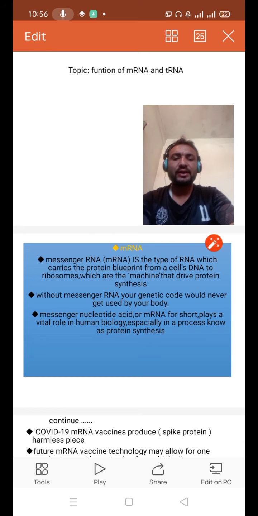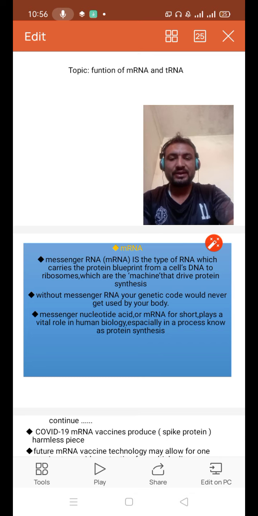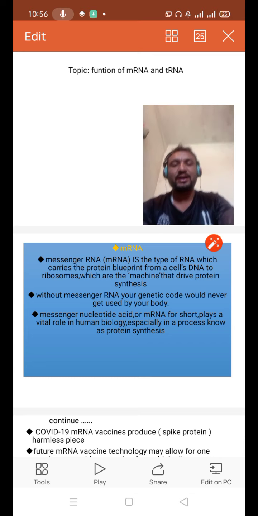Why is DNA called deoxyribonucleic acid? Because deoxyribose means the removal of one oxygen from the ribose group. If you see the DNA structure, it consists of pentose sugars. Due to the removal of the oxygen group from the pentose sugar, this is called deoxyribonucleic acid. The second difference is that DNA consists of a double strand, while RNA consists